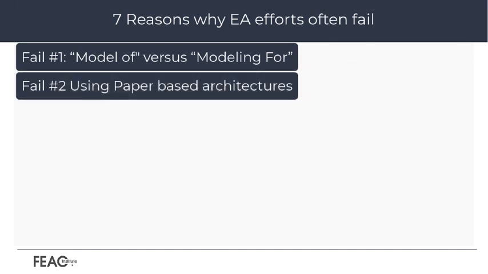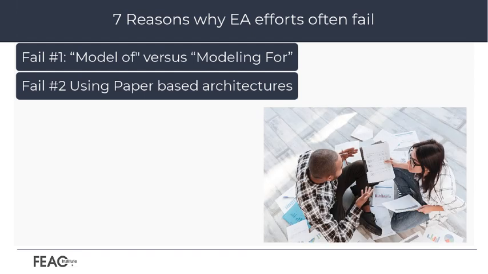Fail number 2. Using paper-based architecture. Paper-based architectures are those that are done using common office automation tools such as Visio, Lucidchart, Microsoft 365, or Google Workspace. Architecture elements updated in one diagram are not updated automatically in others using such software applications. Referential integrity is very difficult to maintain, thus paper-based diagrams tend to have a limited shelf life, unlike meta-enabled tool-based models. The enterprise is constantly changing, and the models must evolve and live as a part of a decision information